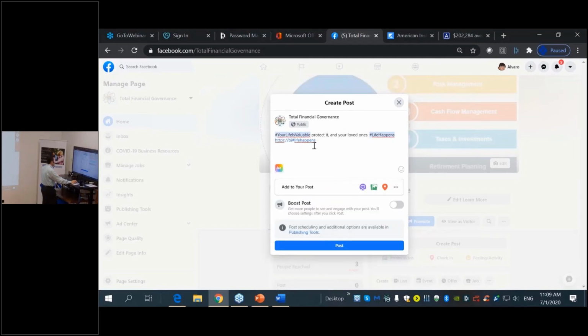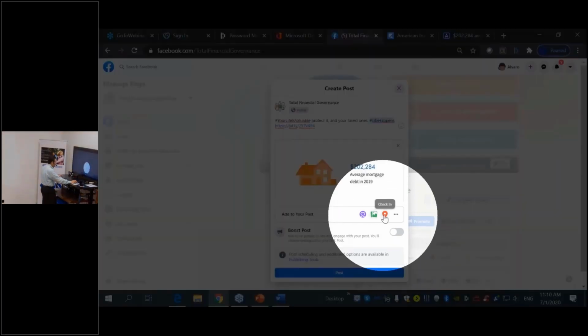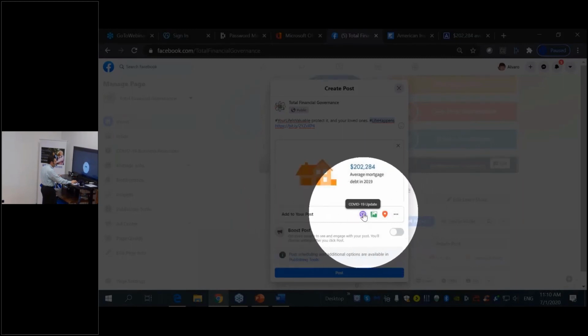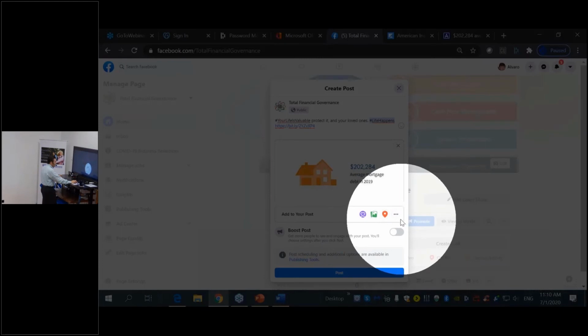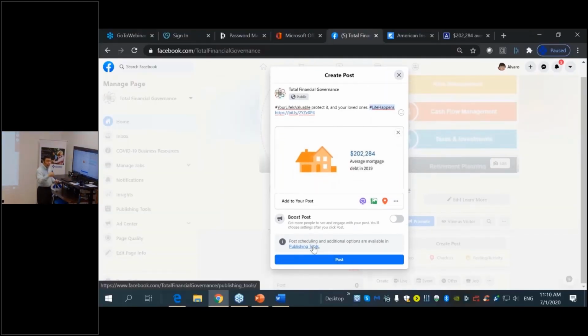Let me go back. Let me cut it, erase it, and put it again. I'm going to paste it. I'm talking to the editor, so it brings in the image. Now you could add additional elements to your post. Again, you can add many different things: locations, calculators, links, etc.